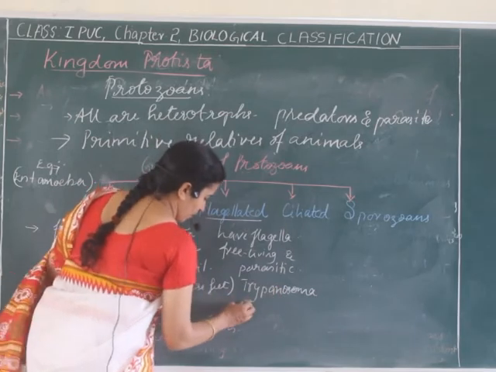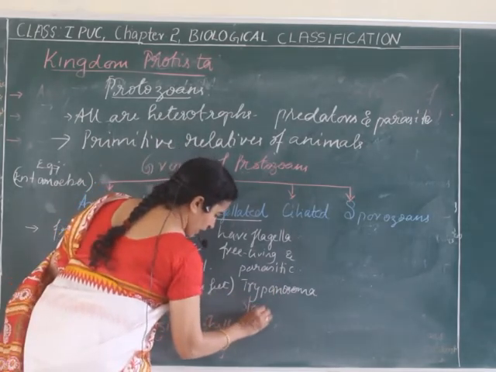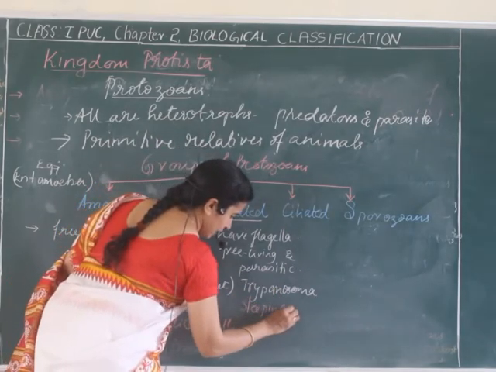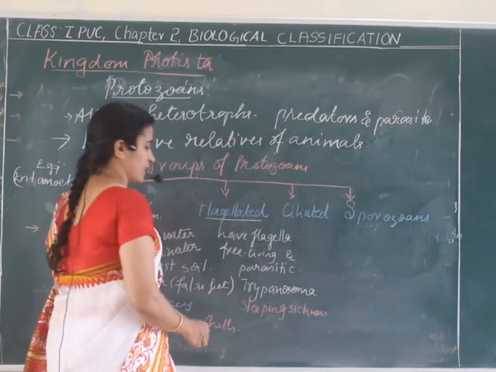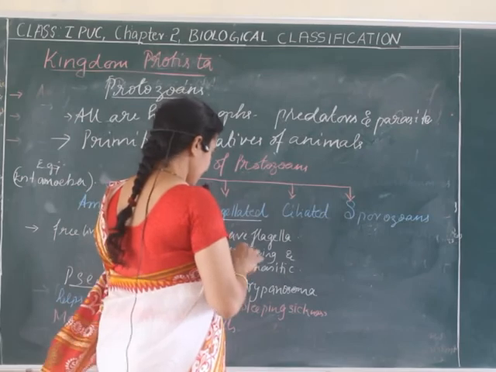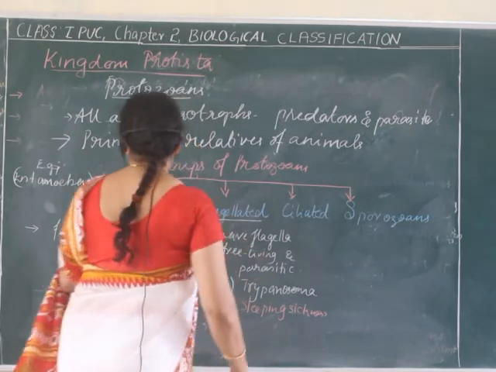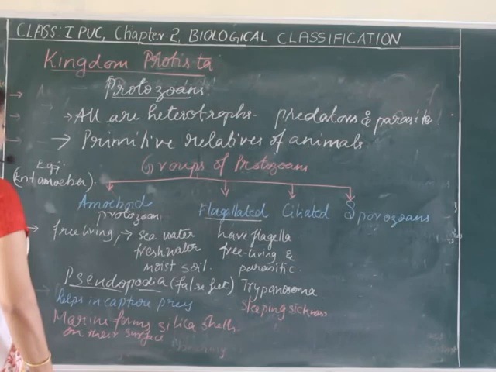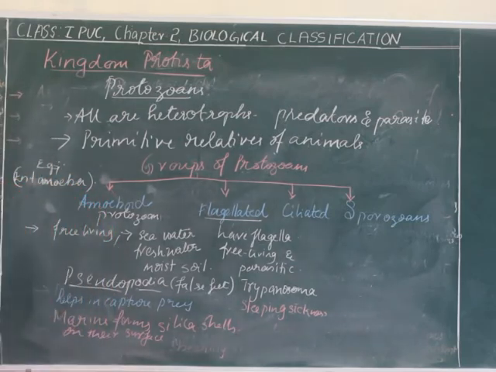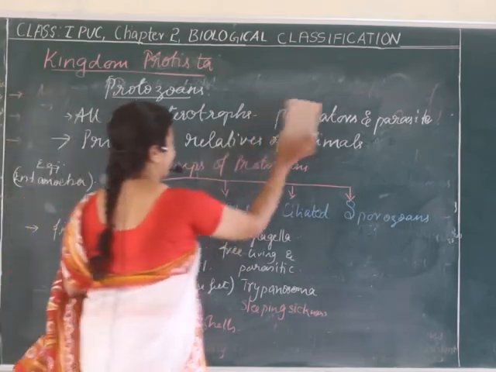So Trypanosoma, what is the disease caused by Trypanosoma? It causes sleeping sickness. Then ciliated protozoans. As the name indicates, they are completely aquatic and actively moving. How can they move so actively? If you have to move very actively in the water,